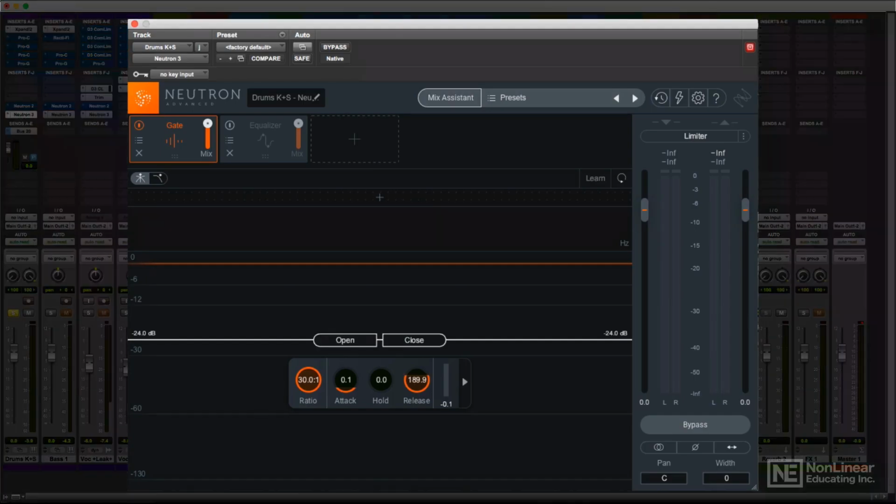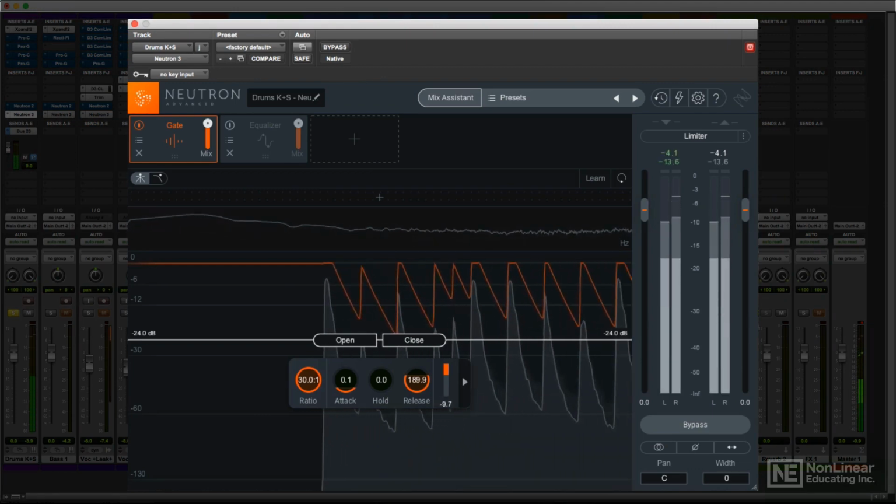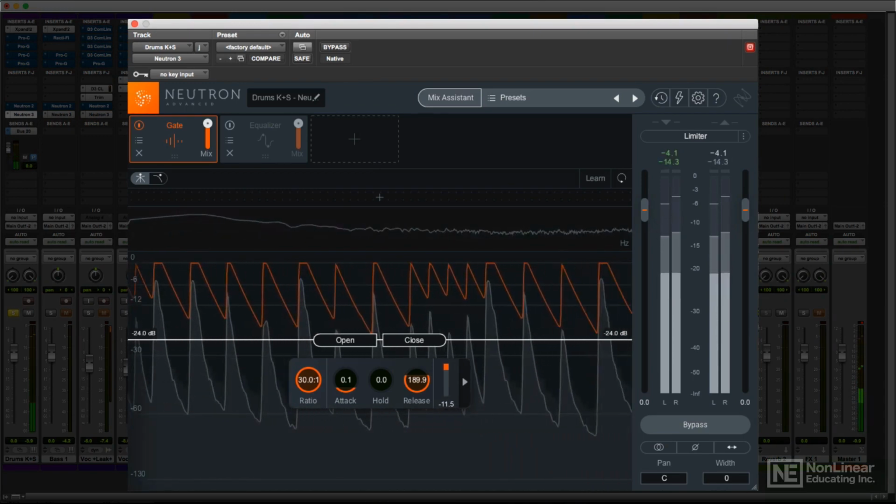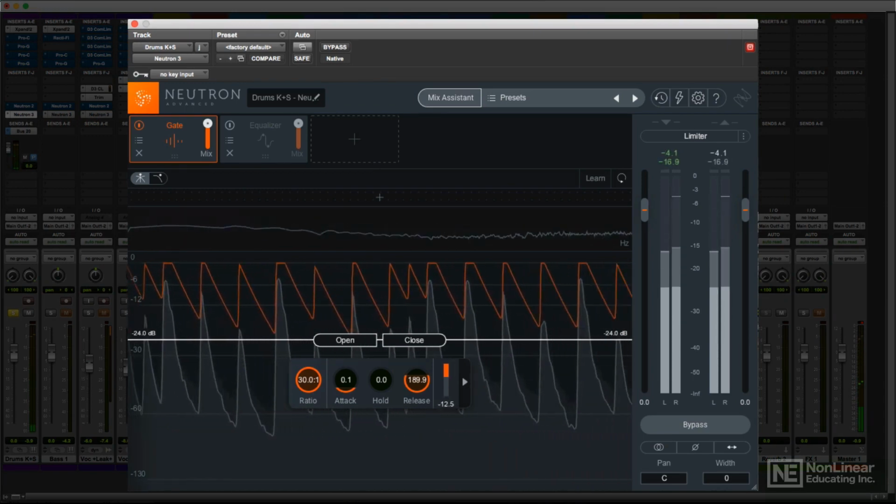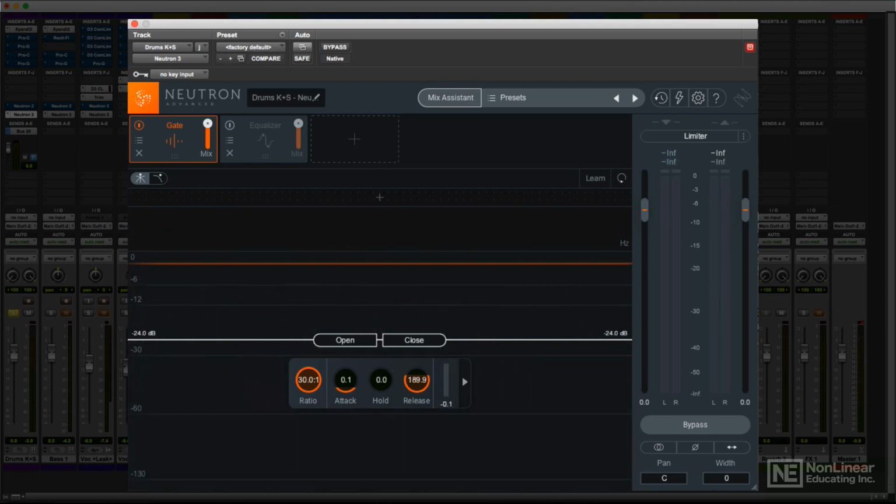Neutron 3's gate is laid out like the compressors. There's a spectrum analyzer and a histogram. You can enable and set the cutoff frequencies for low-pass and high-pass filters in the sidechain, and you can create